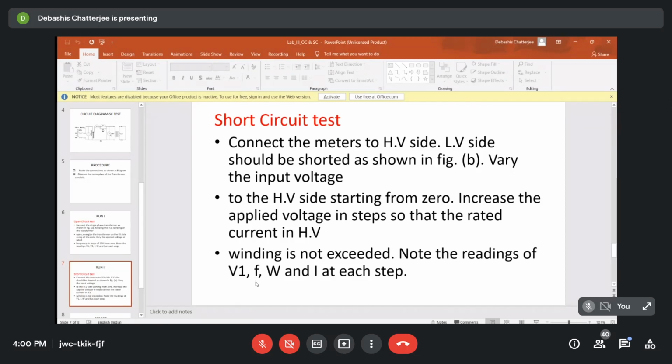So the instruction sheet you are talking about is the lab manual, in which there are all the experiments. Yes. Out of which you have to find this short circuit test portion. Okay. So it's in part 2, I think, because in semester 2 we did part 1 of the lab manual. Wherever it is, you can find it from there.